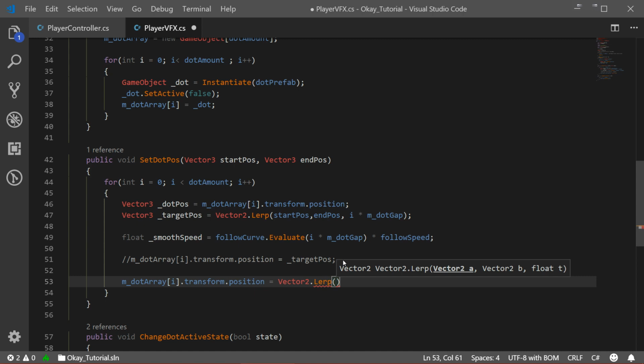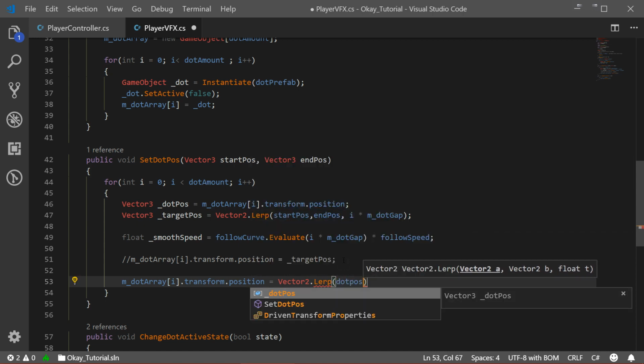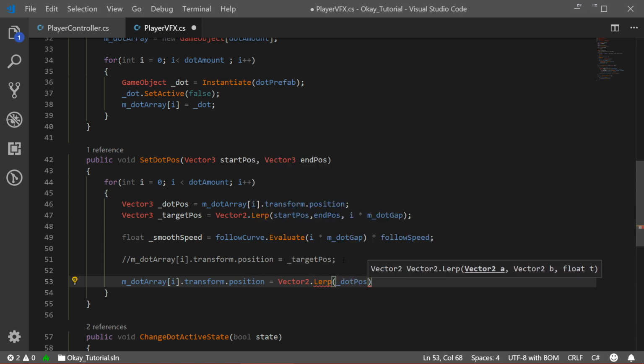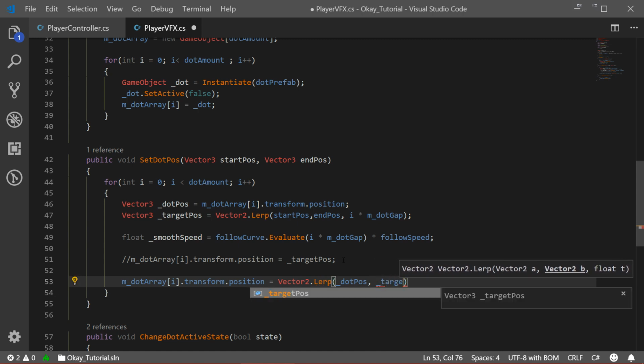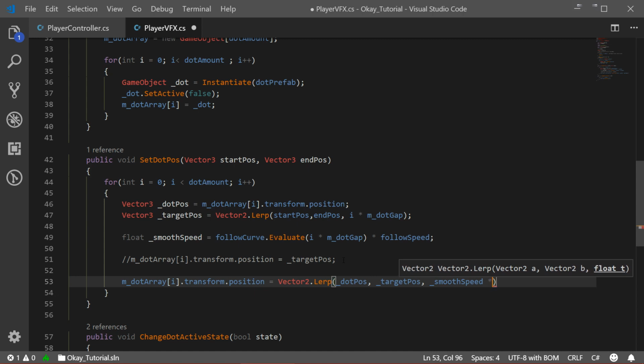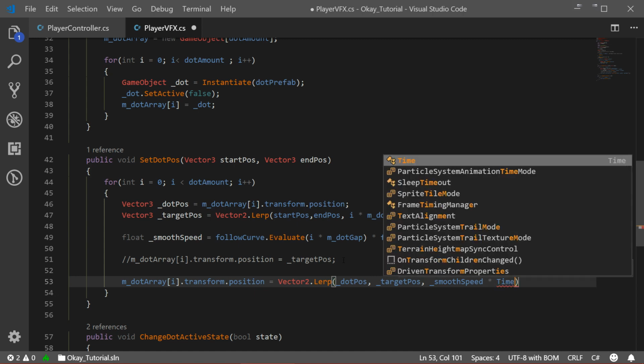So we want to lerp from our current dot position, so that's why we have dotPosition, and we want to lerp to our target position. And the speed will be our smoothSpeed, and we want to multiply it by Time.deltaTime,